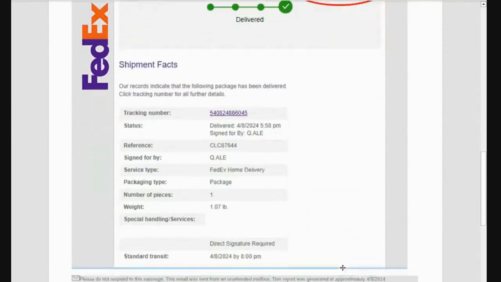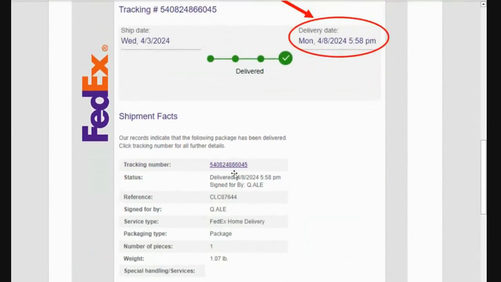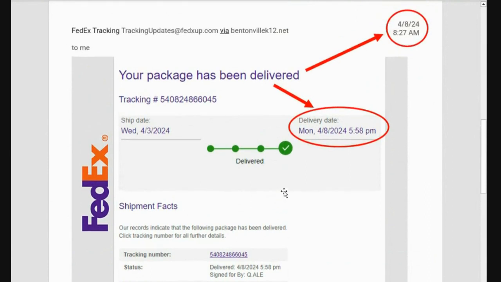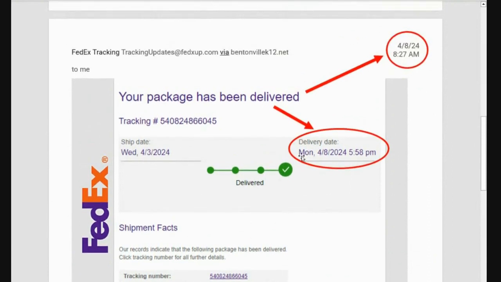So definite scam. They want me to click on that tracking number, and that's going to take me somewhere. It may install a virus on my computer, whatever it is. But the biggest key right away, other than the fact that I didn't get anything, is that it was delivered in the future. That cracked me up.